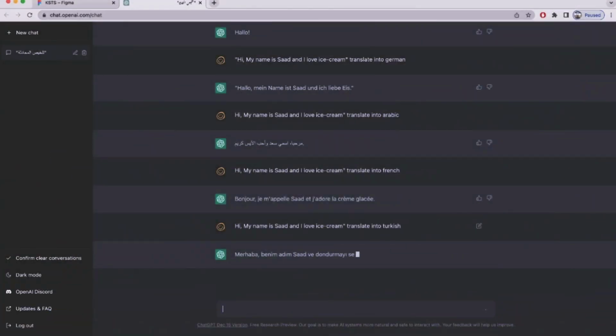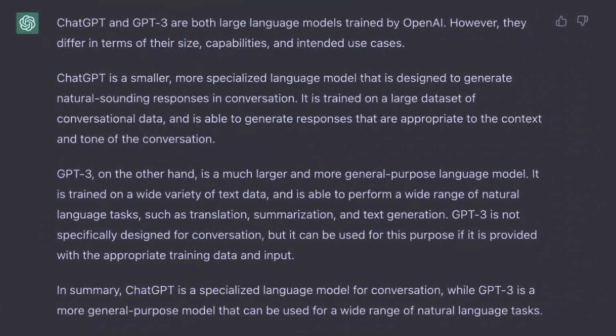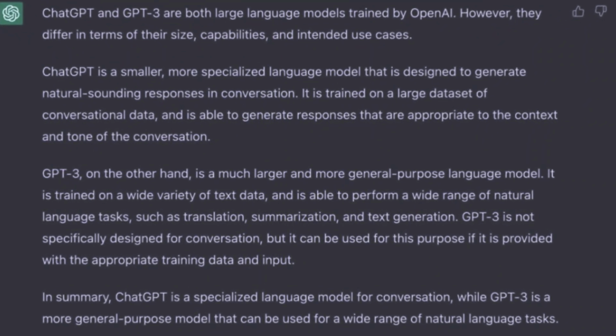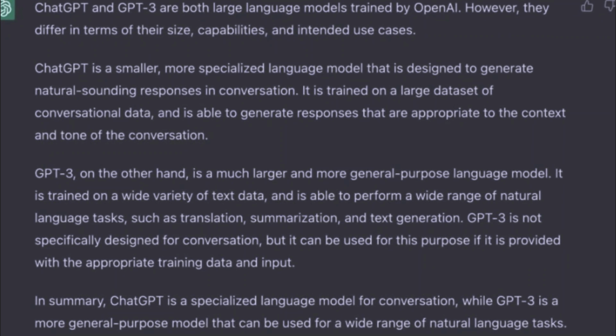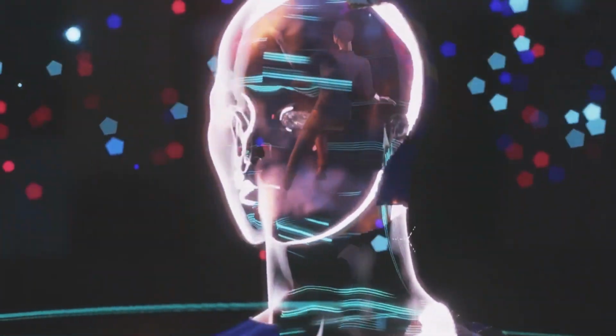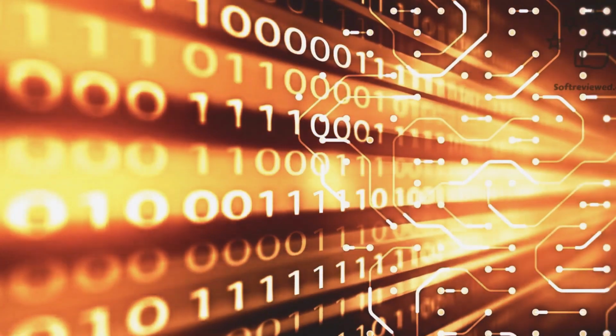To demonstrate its most basic capability, we requested GPT-3's chatbot to write its own description, as seen here. It's a touch cocky, but it's absolutely truthful, and, in my opinion, quite nicely written. In layman's terms, GPT-3 allows a user to provide a trained AI a variety of written cues.